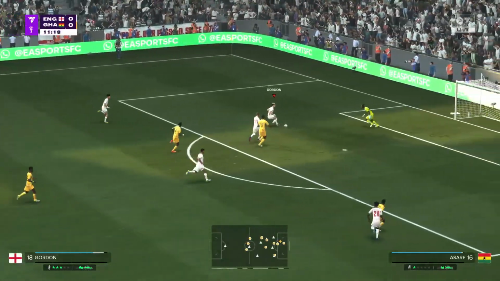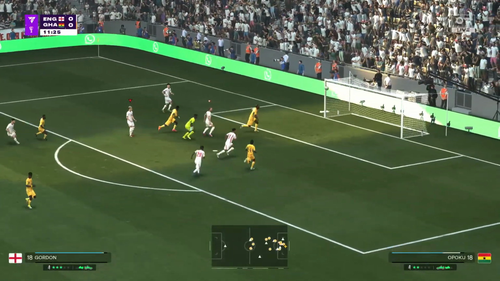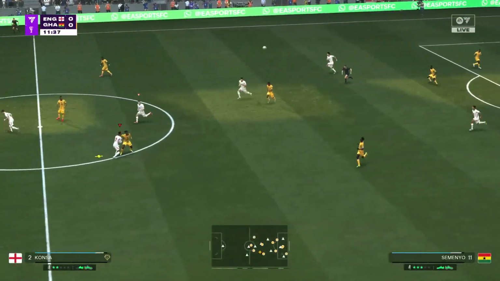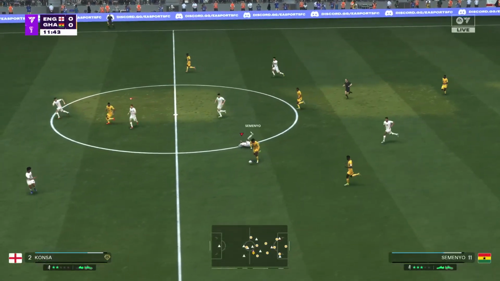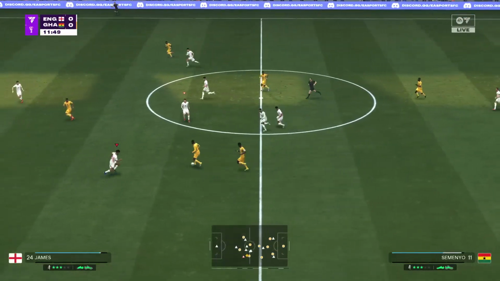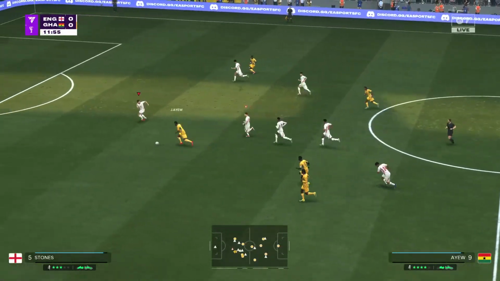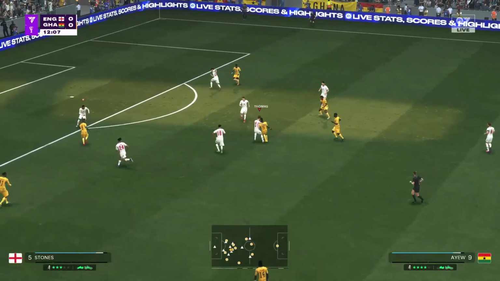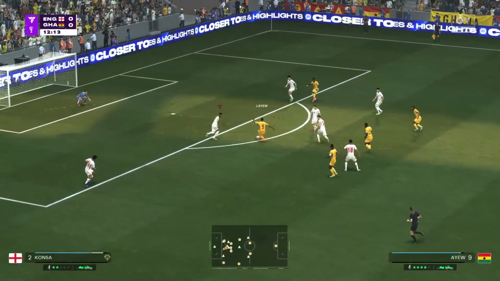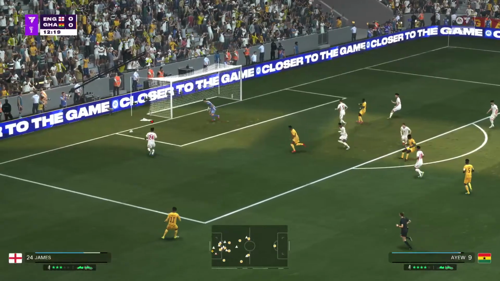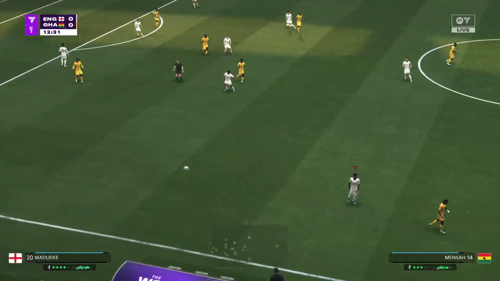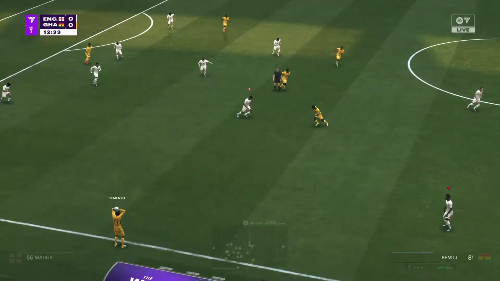So they could be in. And the post denied him. Well, the move breaks down. Well, they've started really well, haven't they? Very much on the front foot, and that was unlucky not to go in. They've been the better side in these opening stages. Takes it on. Oh, tremendous work from the keeper to avert the danger. Over the touchline for a throw-in.